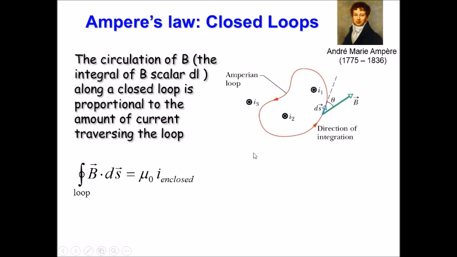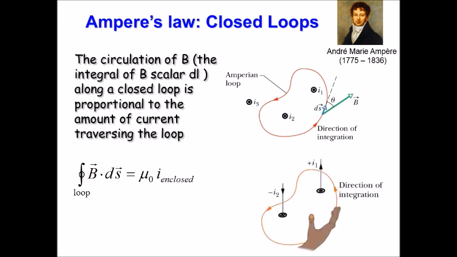Now, how do we calculate that? Is that just I1 plus I2? Because we have I1 out of the board and I2 into the board. So how will we decide the sign? We will be using the right-hand rule. You take a loop, choose a closed path, but you also choose a direction. This direction is the direction of integration. I go from this point and I come back